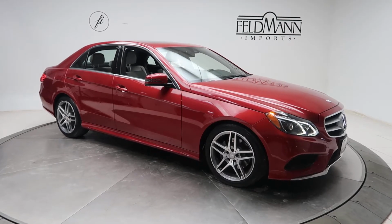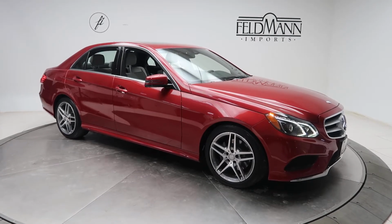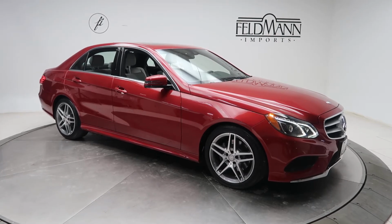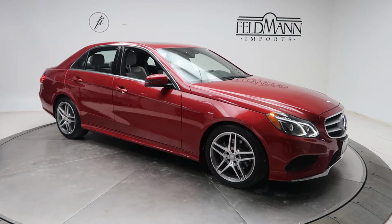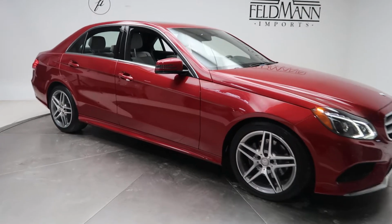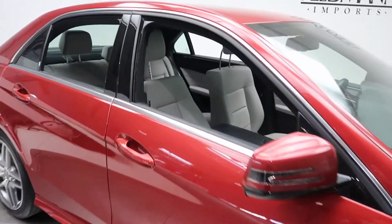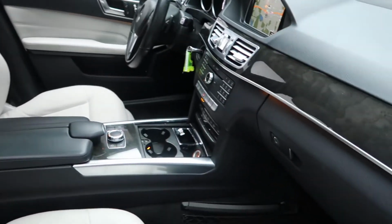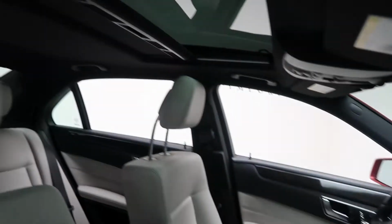This one comes with the lighting package with adaptive high beam assist, front and rear LED daytime running lights, sports package with a sports exterior and interior, 18-inch 5-spoke AMG wheels, crystal gray MB tex interior with a black wood trim, sunroof,